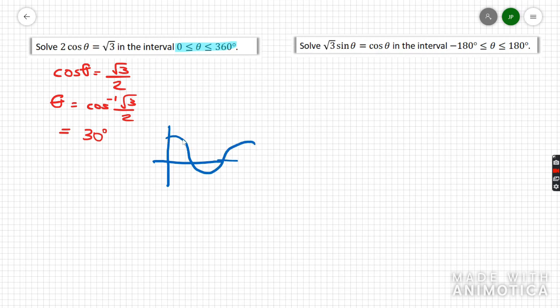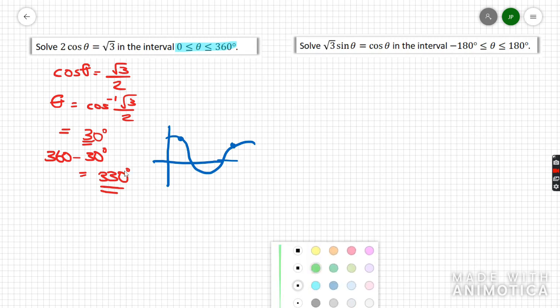Cos looks like that. So if I've got one answer at 30 degrees here, I know this is going to repeat. I know it repeats again here. So if I know one distance is 30, I know the second distance back is going to be 30 degrees. So I'm going to do 360 minus my 30. Because using our trig angle laws, that's what we're working for. So I'll do 360 minus my 30 degrees, and I get a second solution at